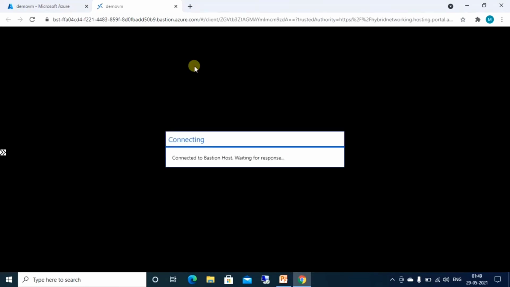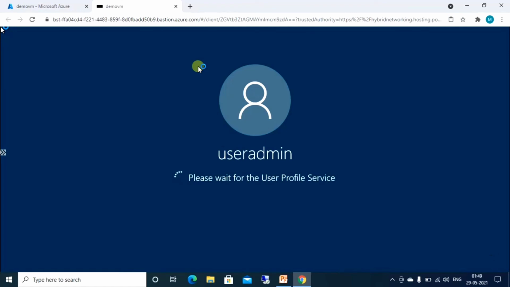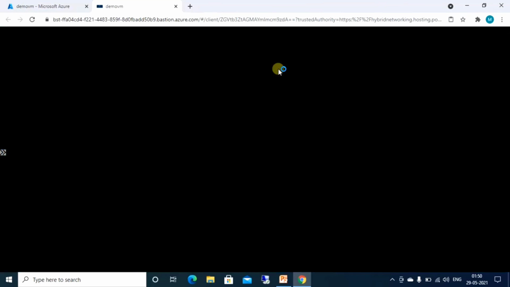It will open that server in the browser. So we have connected to the virtual machine using Azure Bastion. We have not done RDP because the public IP is not exposed. Within the Azure portal, in the browser, it is opening that VM and we are able to access it.